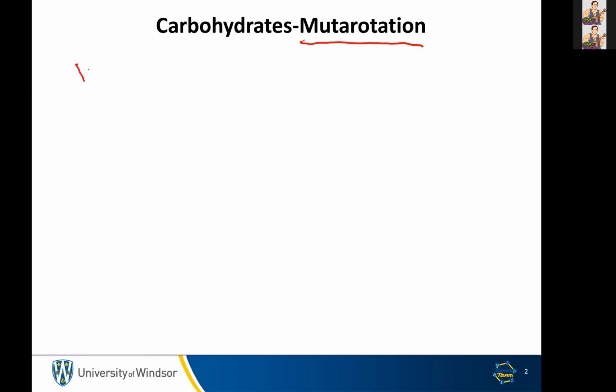So if I have this, for those of us at home, which I guess is all of us, that's alpha because it's axial there at the C1 position. It's still glucose because everything else is equatorial. It's still pyranose because it's a 6-membered ring. If I put this into water,